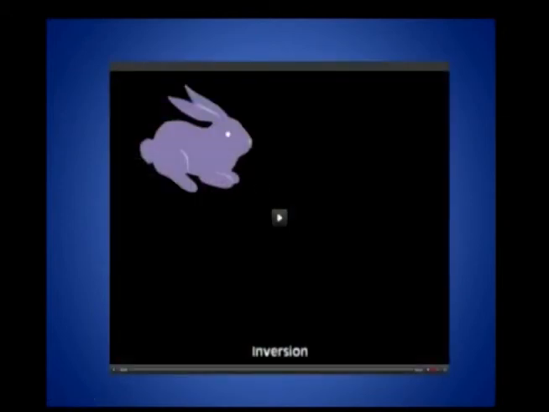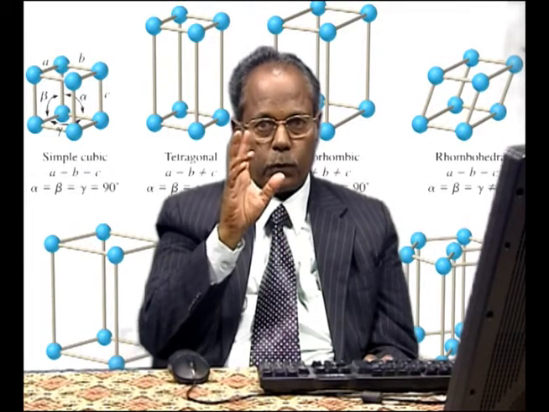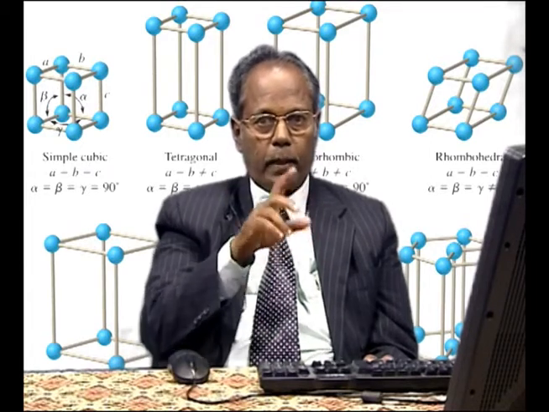Then you come across what is called an inversion operation. In the inversion operation, the rabbit has got the eye at some point, this is the origin, right, at minus x minus y, in the 2 dimensional plane. Then if the rabbit is found here exactly along the diagonal, then there is mirror reflection. How do you define inversion? Inversion is a symmetry operation provided for every point x, y, z, that there is an identical point at minus x minus y